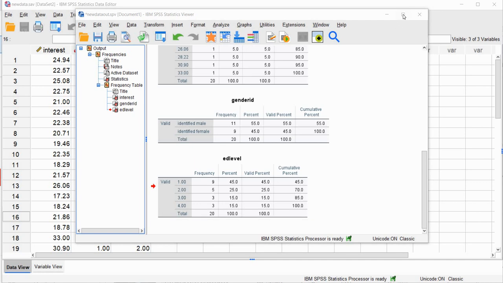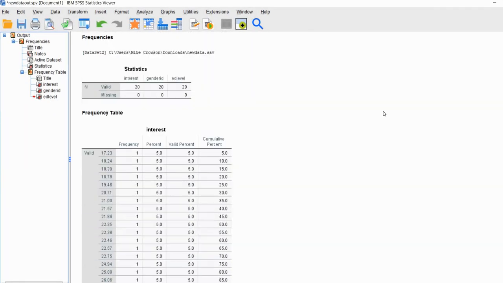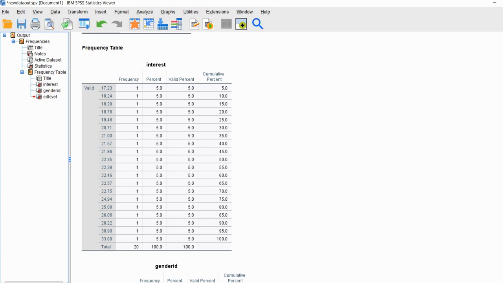Now another thing to note is, as we look at our output, you'll see that for the interest variable you can see our values right here in our data set. These are what we had entered. These are the frequency counts associated with each value. This is basically the percentage of observations in the distribution with each of those values, and so forth. If I scroll down,